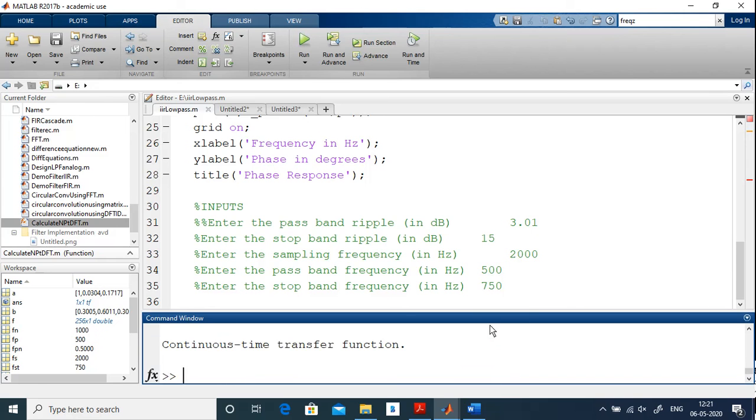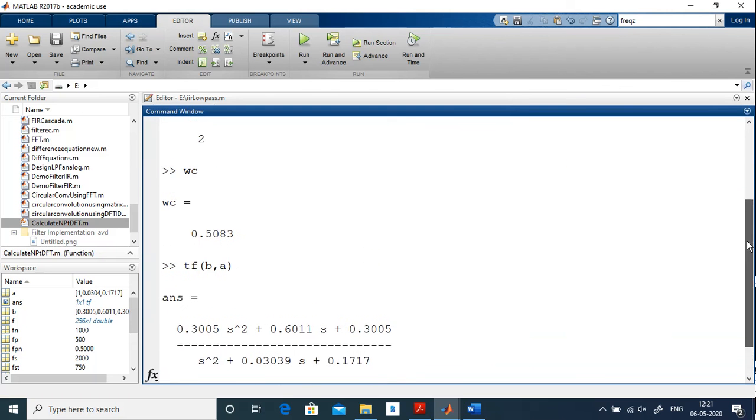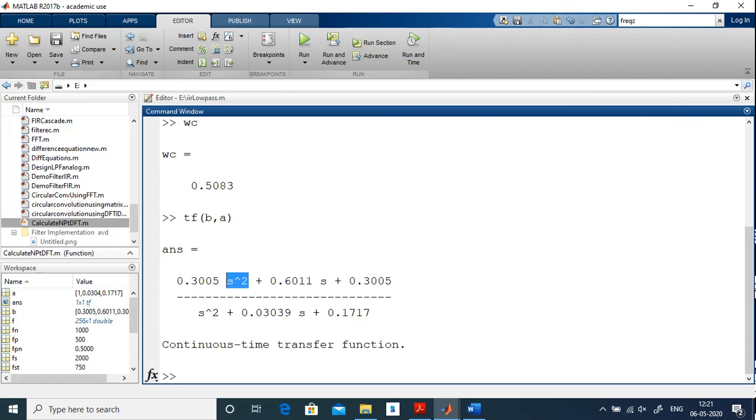You'll get an output something like this. See here, n, the order, is 2, the cutoff frequency is 0.5083, and the transfer function. If you observe here, it is of order 2 only. In this way you can verify your output.